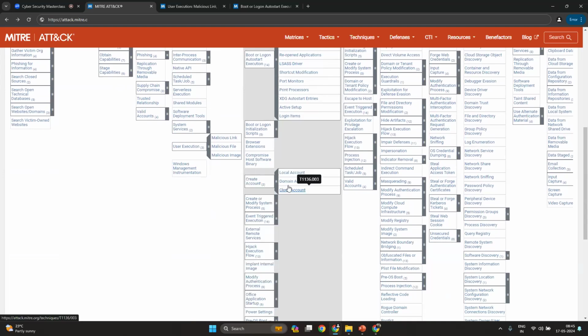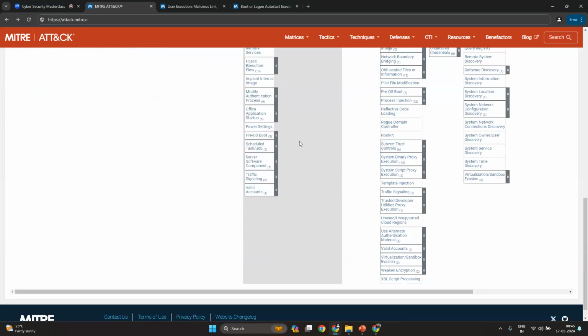Creating an account. If you're creating a privileged account, a detection is created. Let's say a new account is created with admin privileges, so there would be an event ID specifically tied to it. I don't remember the exact ID, but based on that, the detection team creates